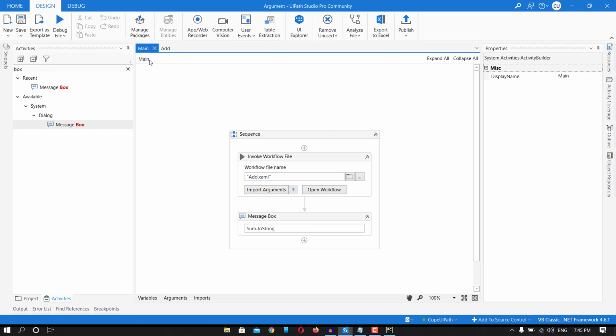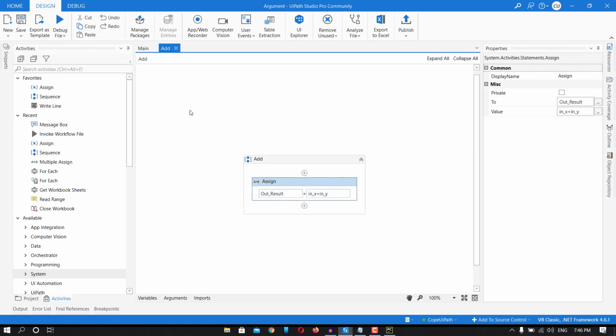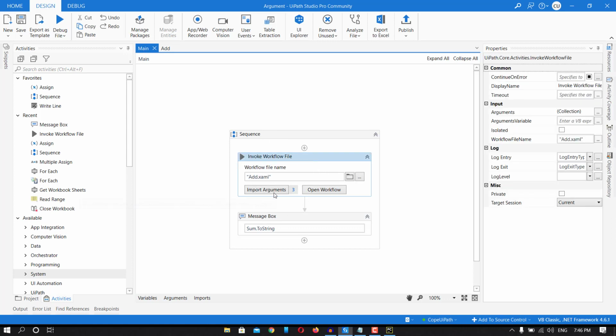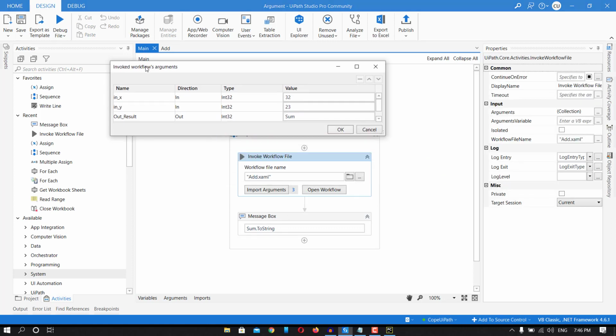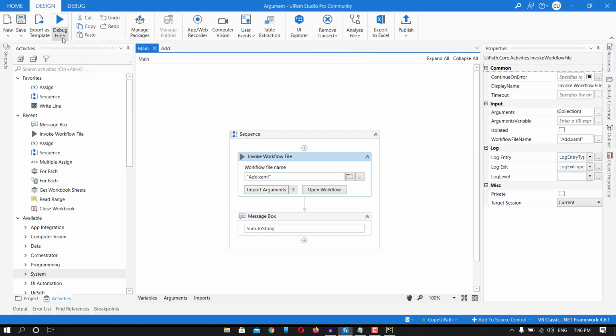Okay, so ideally as of now you are writing this code into the main. As of now what you are doing, you are writing the entire code into the main YAML file, but this is not the right way when you will work in the industry. So for each small piece of code we will create a separate workflow. Okay, so this is a separate workflow of addition, and now we will call this workflow inside our main.yaml file. Okay, so when I am calling this, so here I am defining the argument, I am passing the value of the argument. Okay, and this output result I am capturing into the sum and I am displaying this. So let me run it.